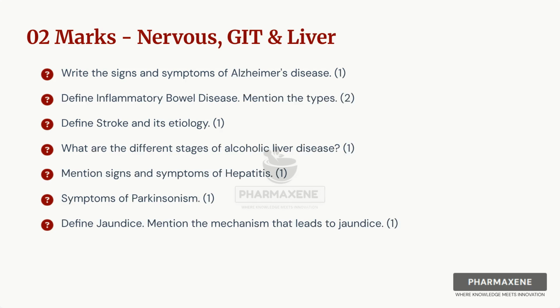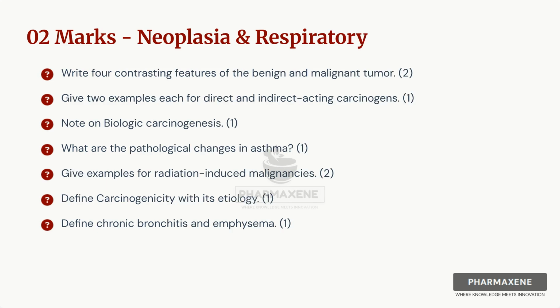In nervous, GIT, and liver, 2-mark questions address Alzheimer's signs, inflammatory bowel disease, stroke and its etiology, stages of alcoholic liver disease, hepatitis symptoms, Parkinsonism symptoms, and jaundice. For neoplasia and respiratory, 2-mark questions include benign versus malignant tumors, carcinogens, biologic carcinogenesis, asthma's pathological changes, radiation-induced malignancies, carcinogenicity,